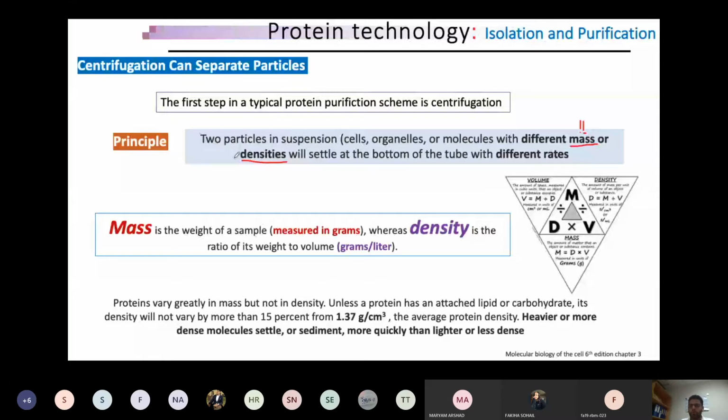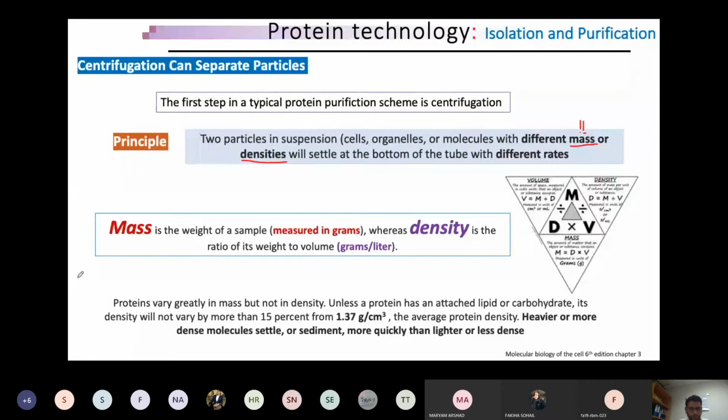Density is the ratio of mass to volume, the weight to volume ratio, which is called density, and there is a chart which gives you all these categories. You can separately calculate volume using mass and density. You can calculate density from, I mean, this is just to give you information. It has nothing to do with our current scheme, but it is important to understand that centrifugation works either on mass or on density. So denser materials settle down quicker, and more massive materials settle down quicker,